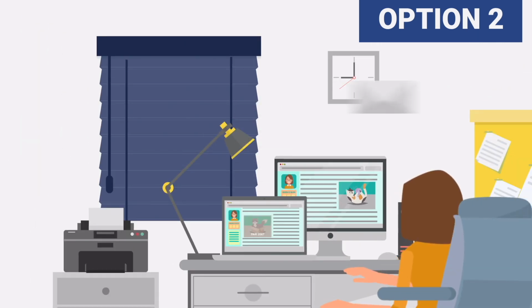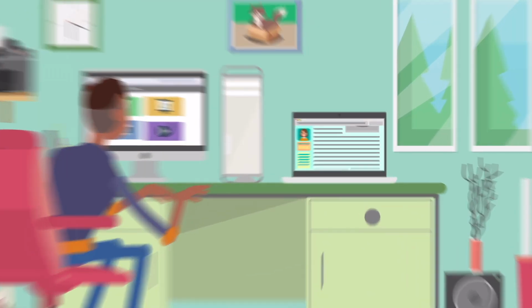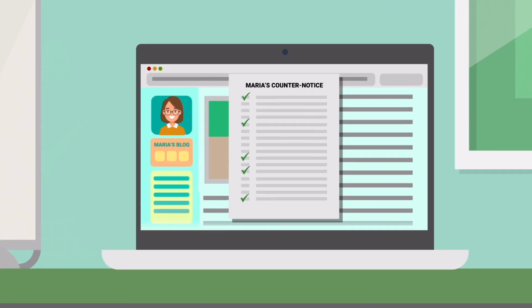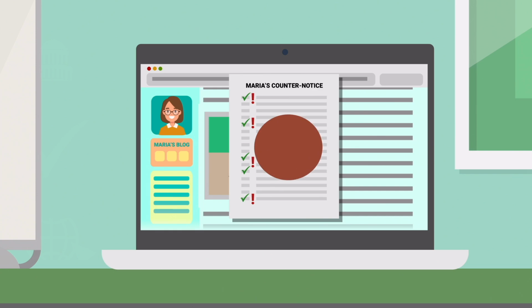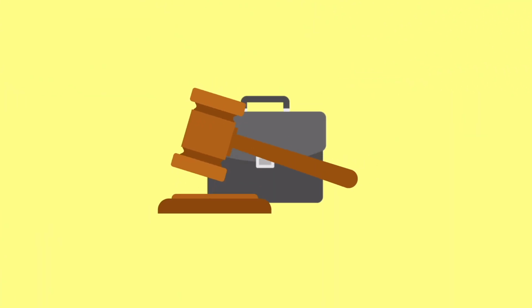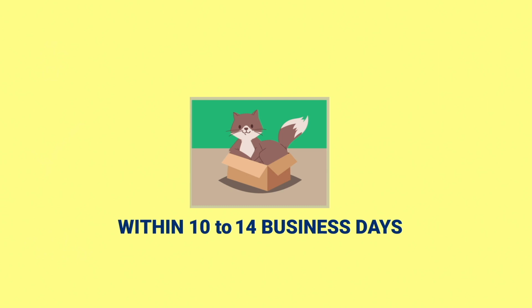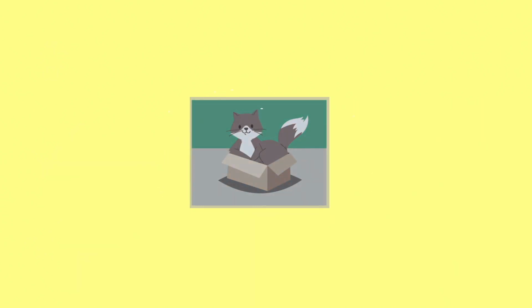Nate will receive the counter notice from the online service provider. If he believes that the counter notice is incorrect and that Maria's use does infringe on his copyright, he can file a case seeking an order to prevent Maria from infringing on his work. Maria's online service provider will restore access to her blog post featuring Nate's photograph within 10 to 14 business days unless Nate informs the service provider that he has filed an action against her.